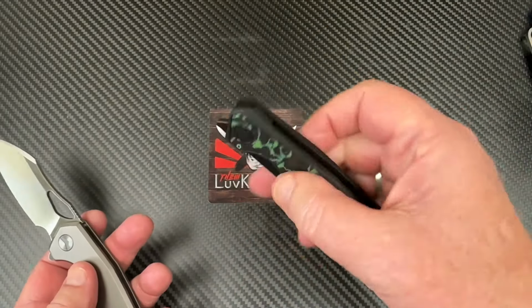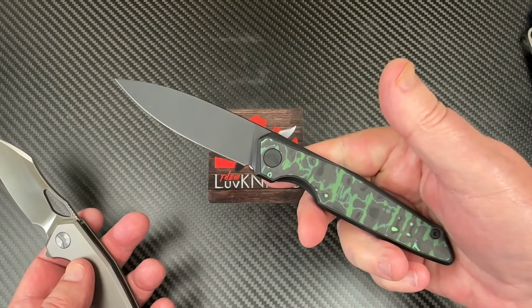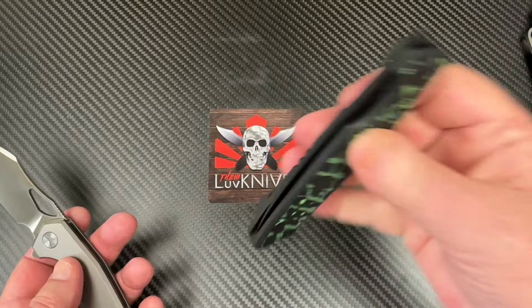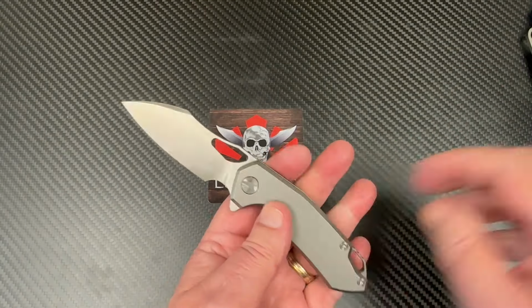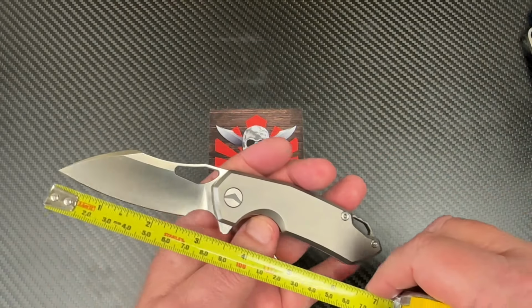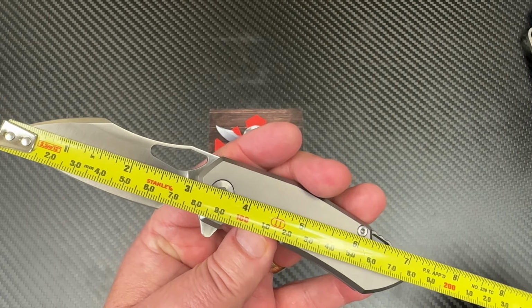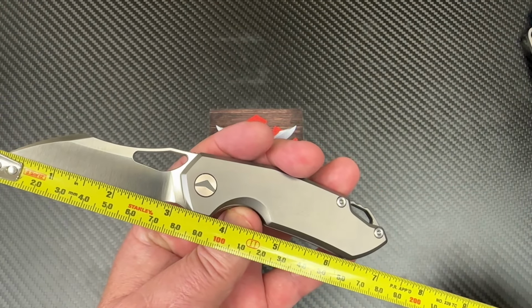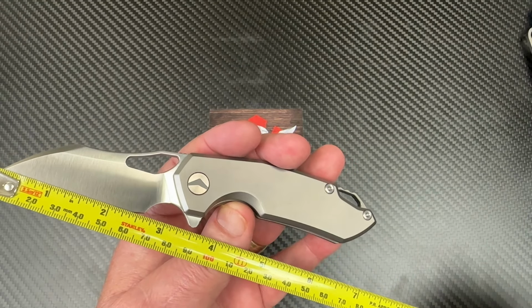So like I was saying on my review on this one, this is slender. It's long. The ergos are great. It's light for as big as it is. Now, this one, not as, they're saying a 3-inch blade. Let me see. Well, there it is. Here it's more like 3 1/4 all the way back to the bolster, but cutting length is